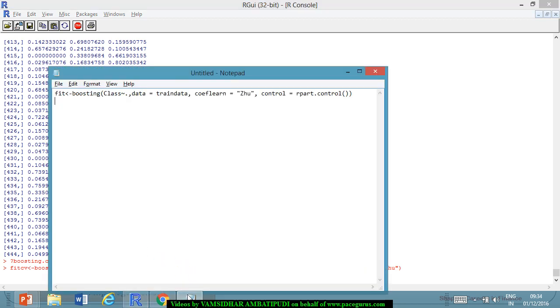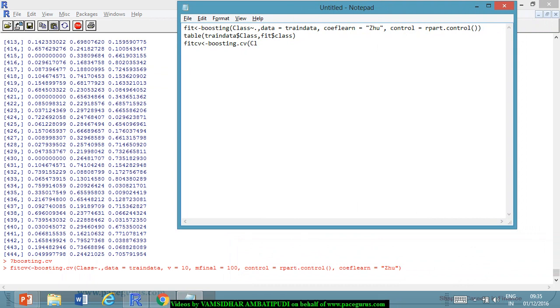So in the meanwhile, I can simply type out the steps. We are taking a table of train data$class, which is the actuals, and fit$class, which is the predicted, for which we can see the confusion matrix. So that's the second step after the boosting. Based on that, we would have computed the error part. Then we are doing the fitCV, where we are doing a cross validation. So we are using the function boosting.cv,